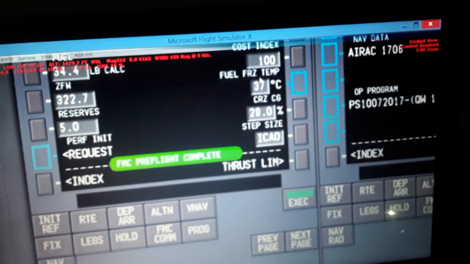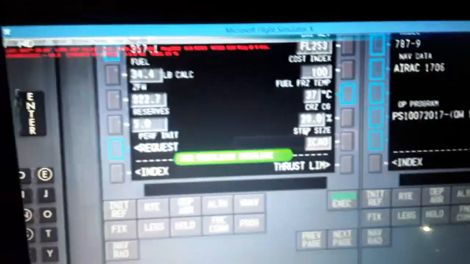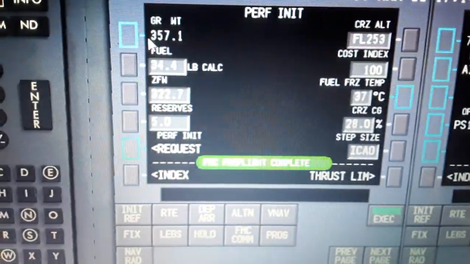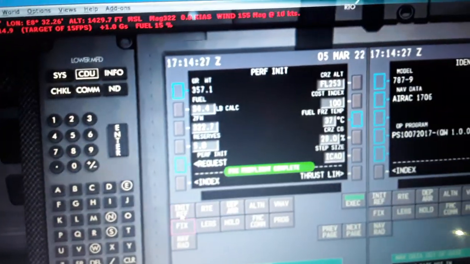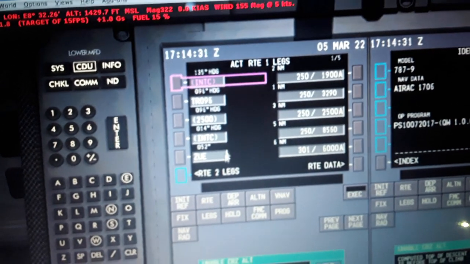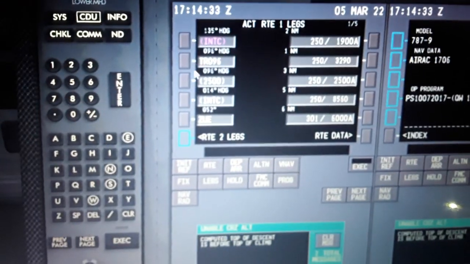Cruise center of gravity, also we can have the step side flight over here, cruise flight altitude, performance, fuel on board, zero fuel weight, reserves. So when we press the execute, now it's going to give us the purple color, so we have activated the